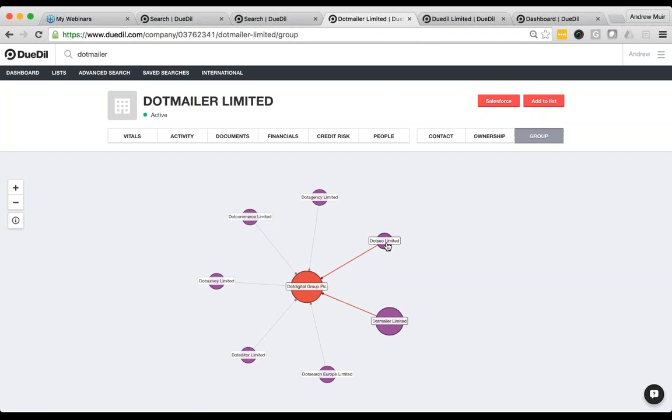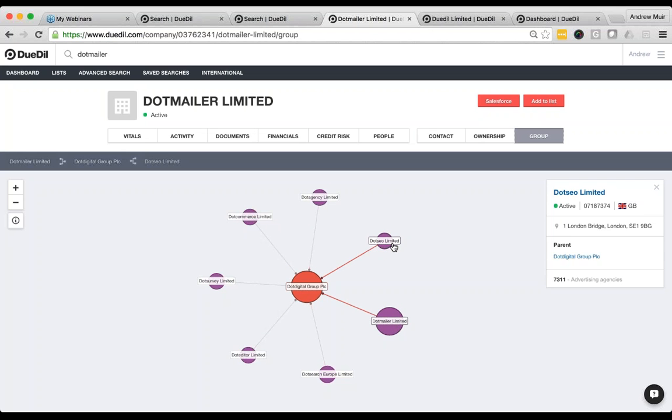And if you go to a specific one, you'll be able to see how much the .seo is making compared to the rest of the group. So, if you're looking to invest in a specific element of the group that they might be selling, or if you just want to understand how this company is structured, that's very easy to do. If you were to do that with Companies House, you could potentially, but you would have to note down all the ownerships of every single entity and then link it by hand, which will take probably several days instead of 1 second.